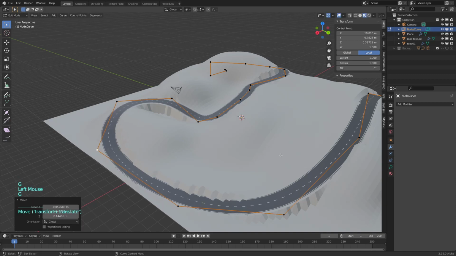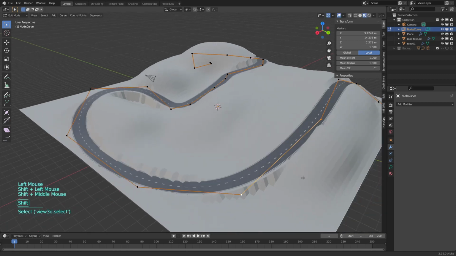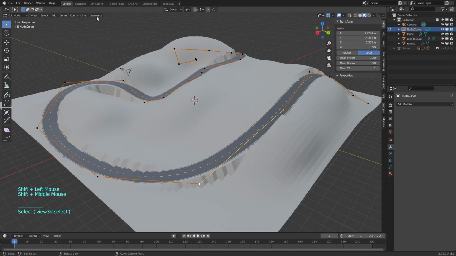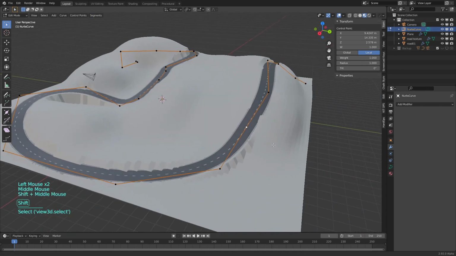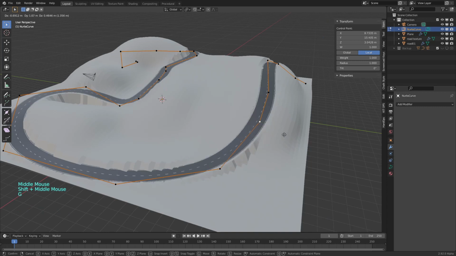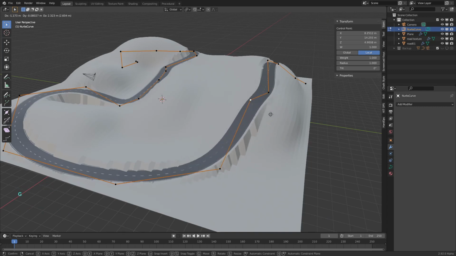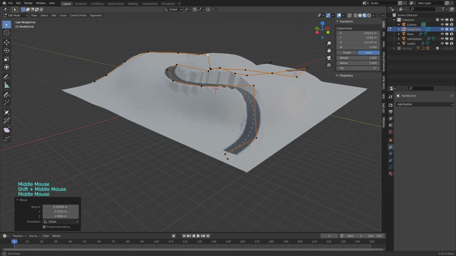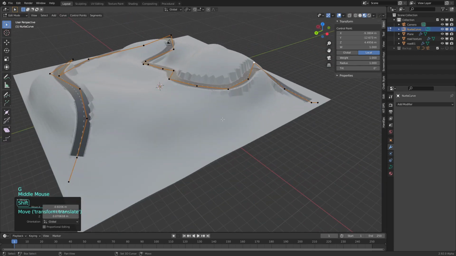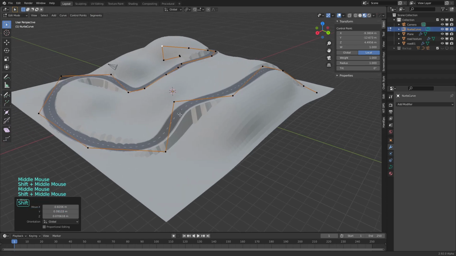You can even select a segment and subdivide. You have a new segment here, grab, and you can move and change everything as you want. Once you are happy with the shape of your road,